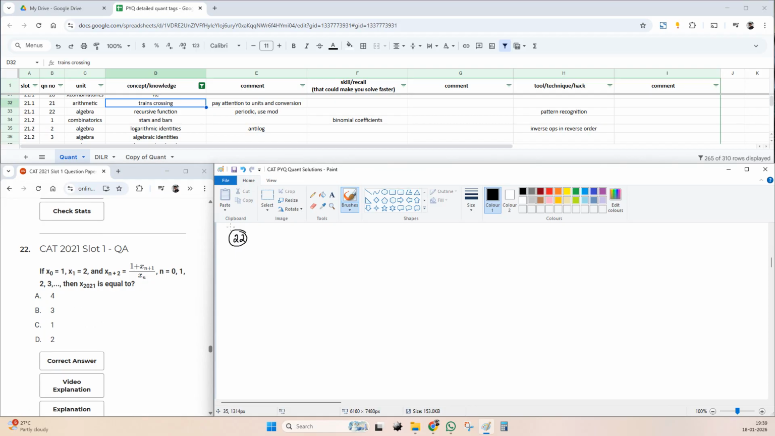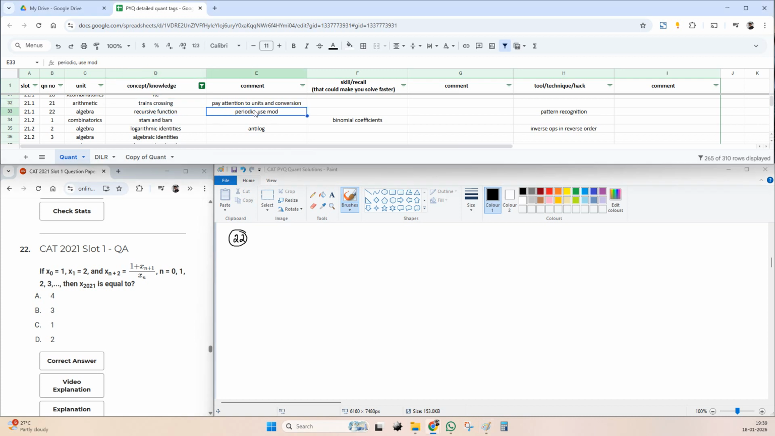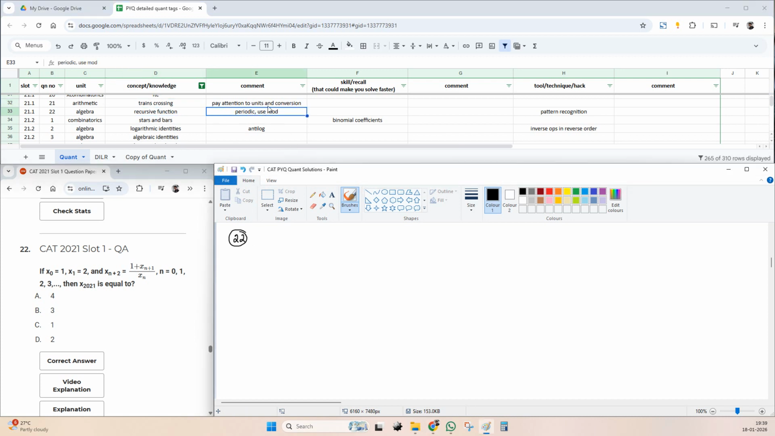22, it's tagged a recursive function. As an additional hint, I've mentioned it's periodic. This is a spoiler. I should not have looked at this yet. Let's look at the question. It is given that x0 is 1, x1 is 2, and there's a recursive definition: Xn plus 2 is